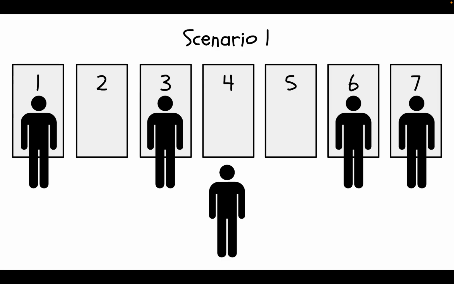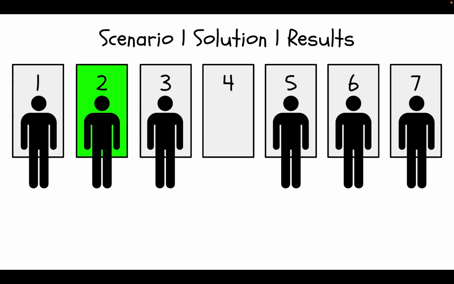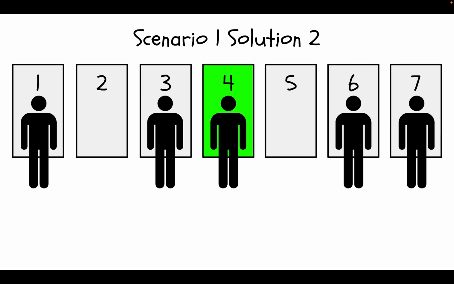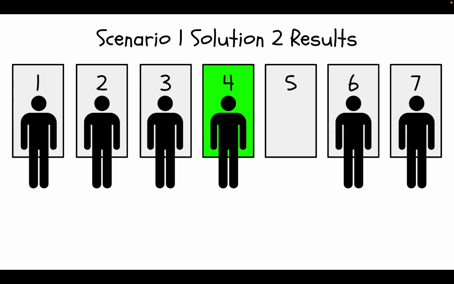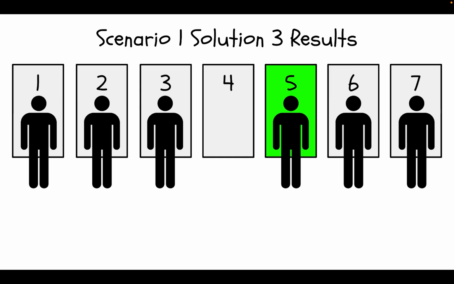So let's test out each scenario, right? Let's call it solution 1. And when the other guy comes, he's going to go to slot 5. That's only reasonable. Let's see solution 2, where it goes to slot 4. The other guy is going to want to go to slot 2. And let's see 5. And similarly, the other guy is going to slot 2.